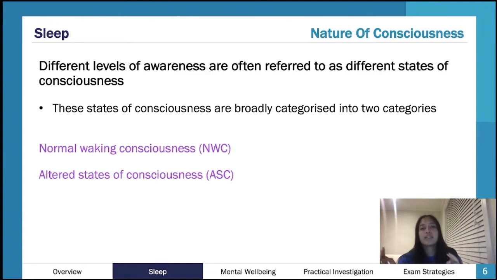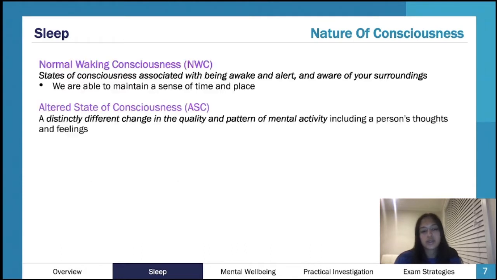And then we can slip and slide, because again, think of this idea of being on a continuum, into different levels of consciousness. That is when we enter the realm of altered states of consciousness. As the name suggests, it's basically anything that is outside of our normal waking alert stage. So obviously sleep, we're not awake and alert during that. So that's why it's an altered state of consciousness.